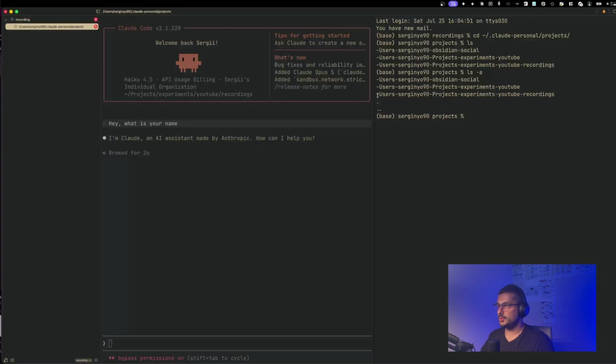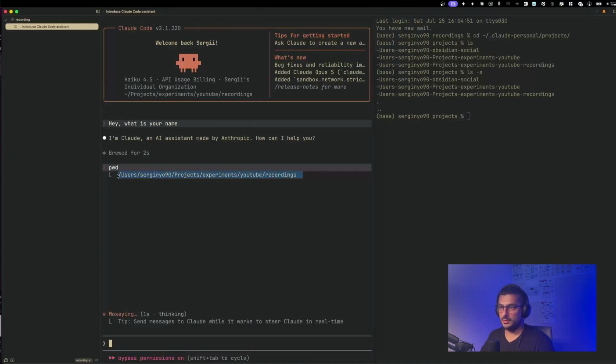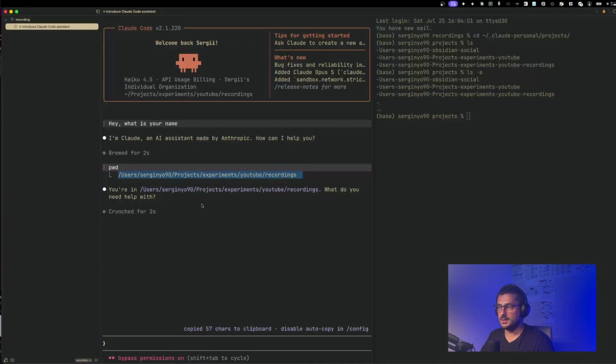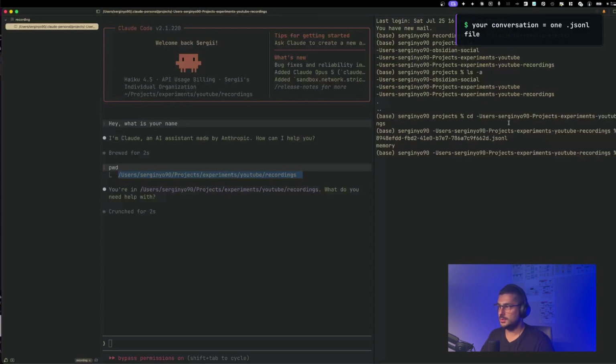So this one is where we are now, because if I run pwd here, I will see the full path to this directory, and usually in the projects folder it is created by path. So the conversation which I opened here created this directory, and inside this directory we can see the file of our conversation. Do you see this one?